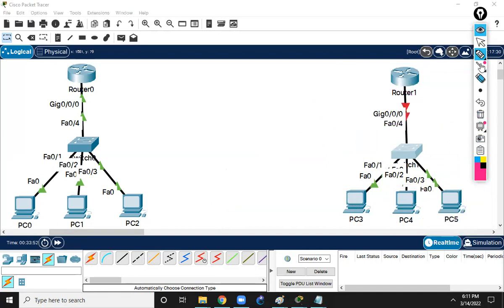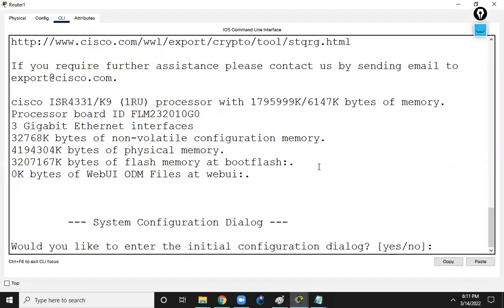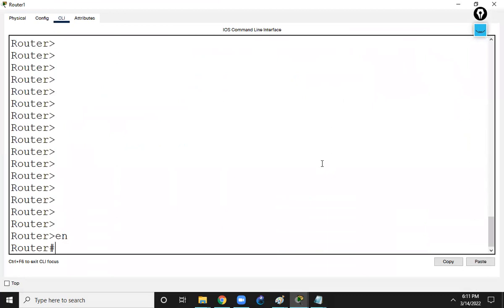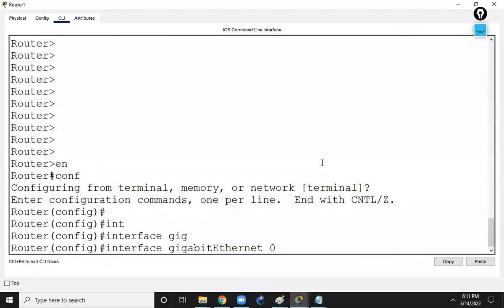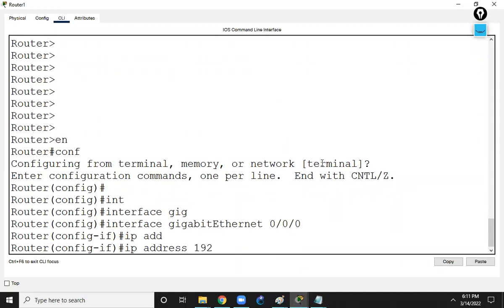Okay, so now I'll go to the CLI, then again to the config mode. Interface gigabit Ethernet 0/0/0. I go into the interface where I'll be giving the IP address 192.168.10.1. As it's /24, the subnet mask will be,